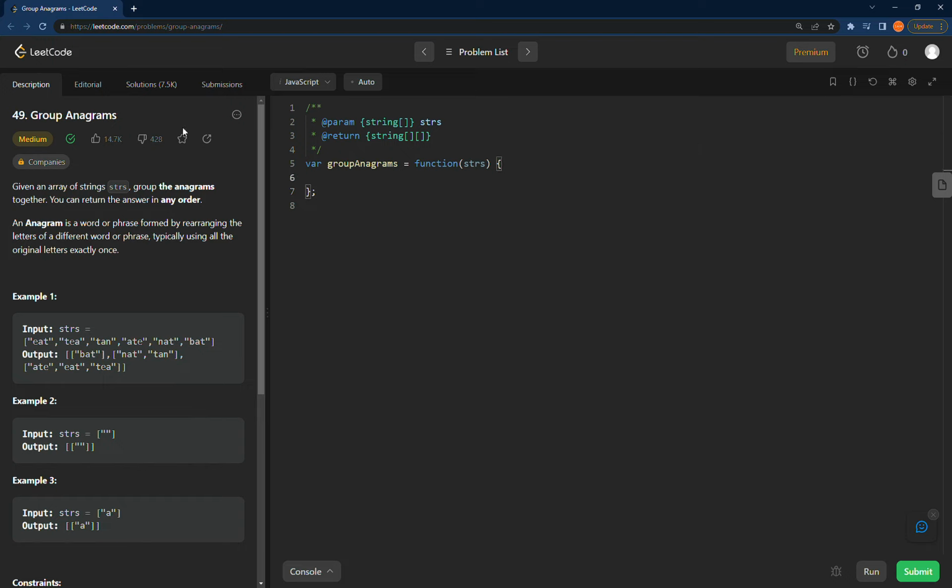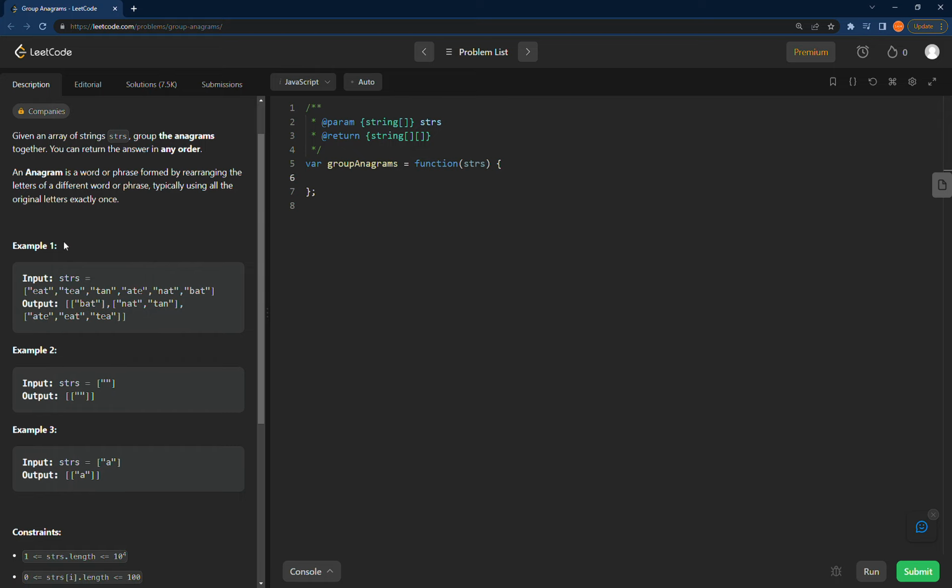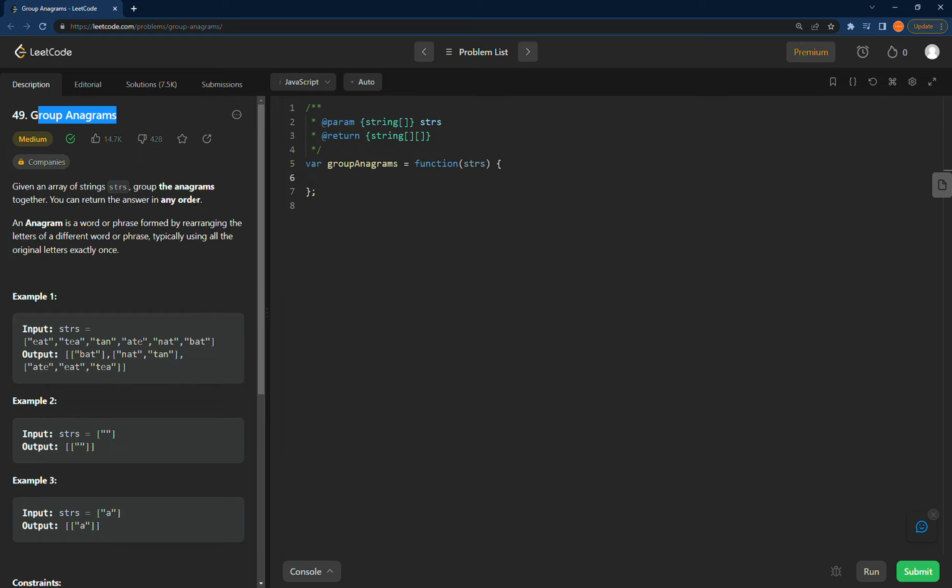All right, let's do LeetCode 49, Group Anagrams, in JavaScript. This is a medium problem. They want you to group all of the words in here that are anagrams together. So for the output example,